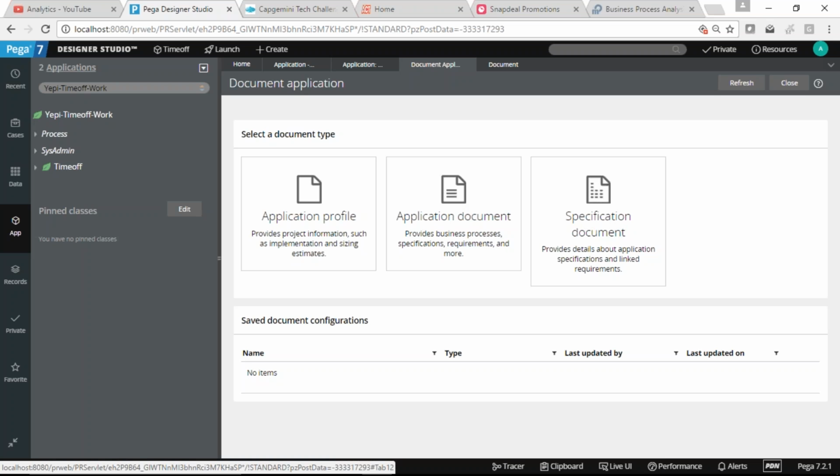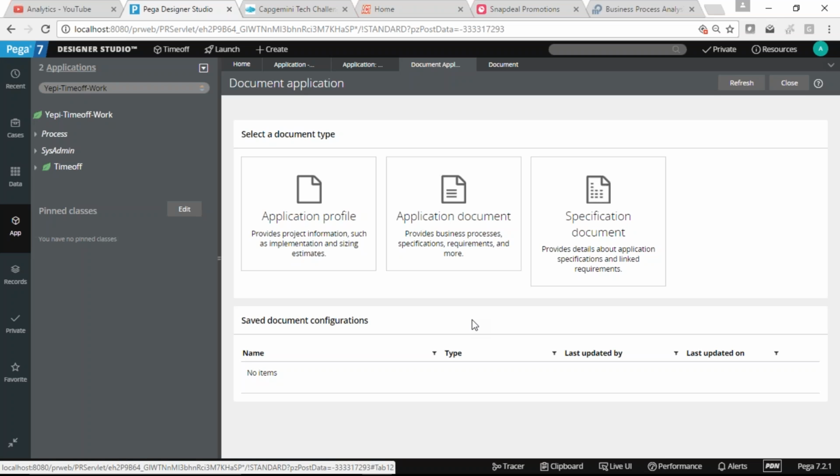Finally, which all rules are going to be created. This is mainly for the end, when we want to create the complete application document. Then we should go for the application document. Okay, that is the final document after everything is done. That's right, Manoj. It will contain all the rules and the specific implementation as well, how the specification was implemented and which rules we have created in the application. So that will give you the complete picture of your application.